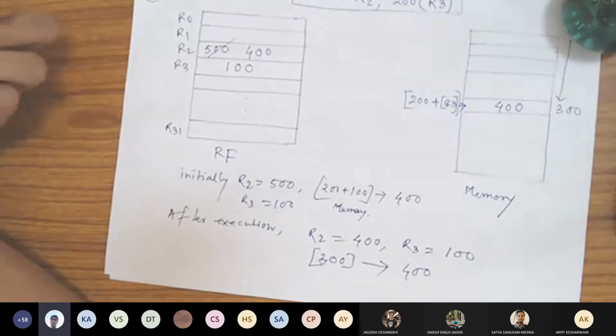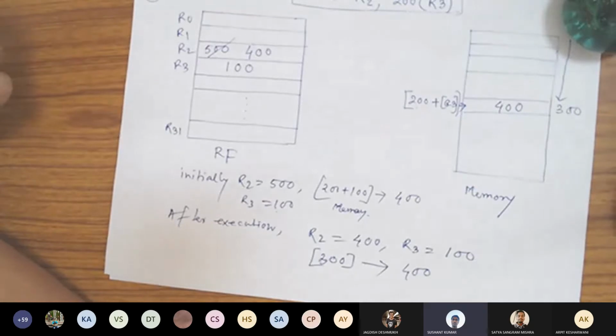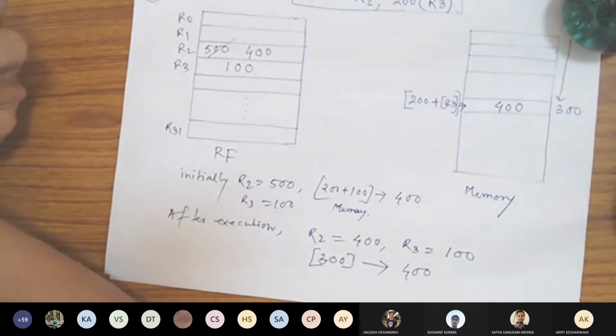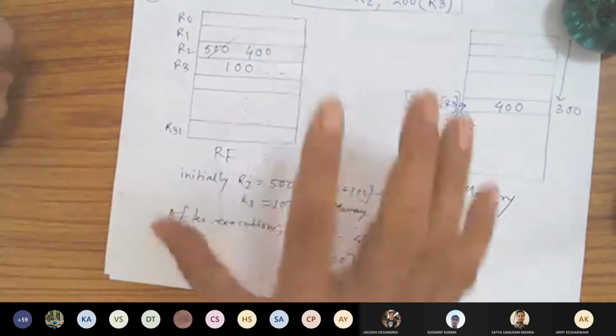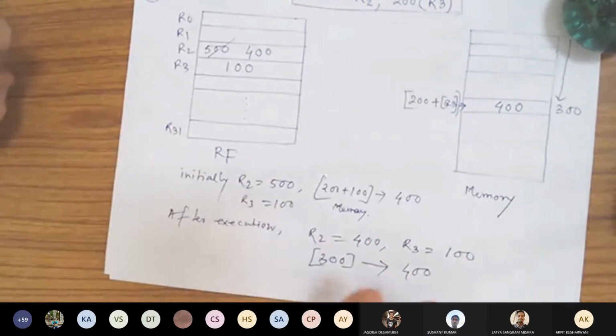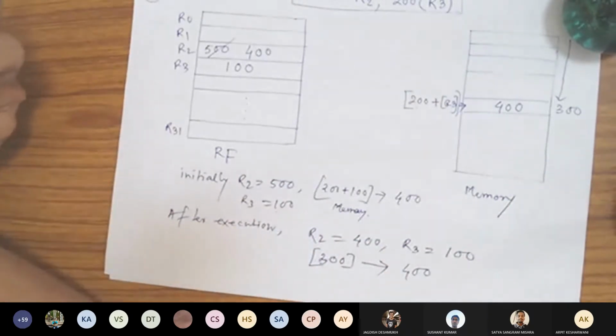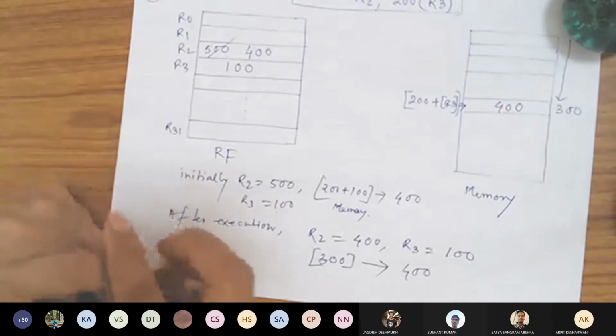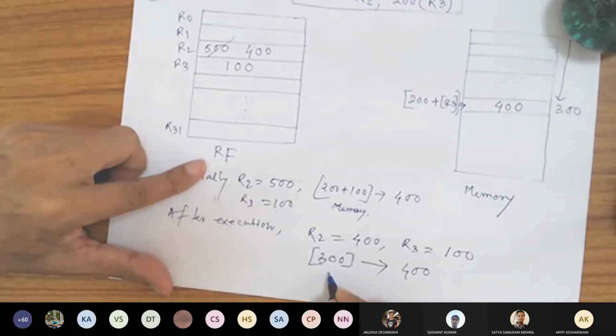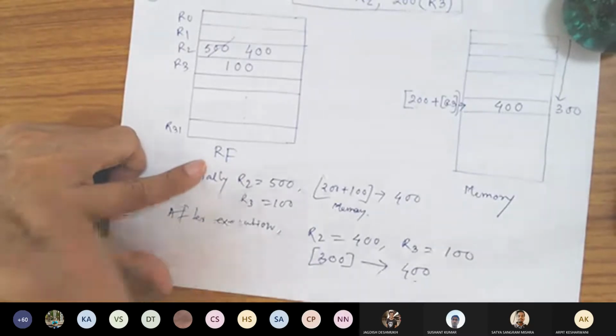Sir, I think there is a doubt in notation, like you have written brackets over R3. Yeah, there may be doubts in notation. I may be wrongly using some notations, like the third bracket. Another thing you are talking about is RTN, register transfer notation, which I am not following. What I'm trying to say is that this is a memory location. This memory location contains 400.